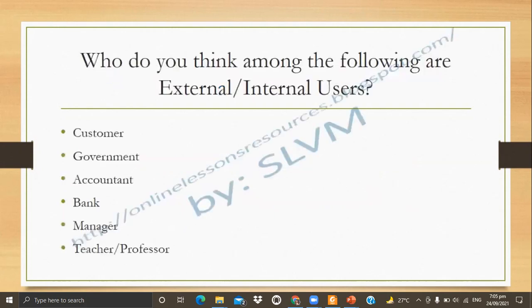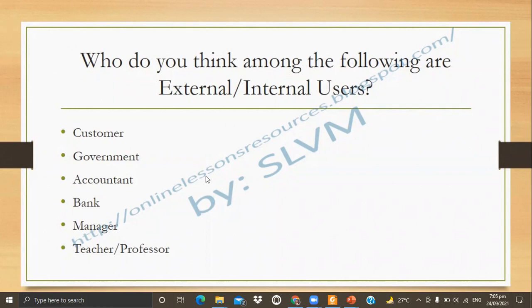Okay, so who do you think are the external and internal users? So yung customer, internal kaya to or external user? And you can type din sa chat box or you can unmute your mic. Yung customer kaya, internal or external? Internal user, ma'am. Okay, so let's see kung internal ba talaga ang customer.